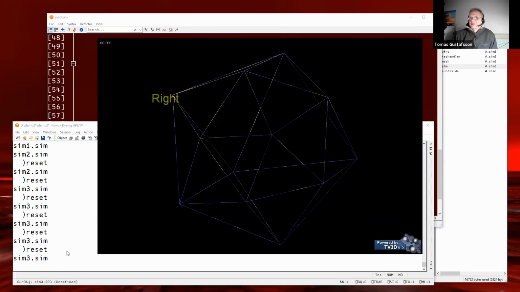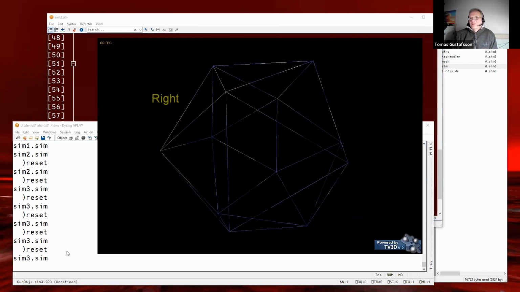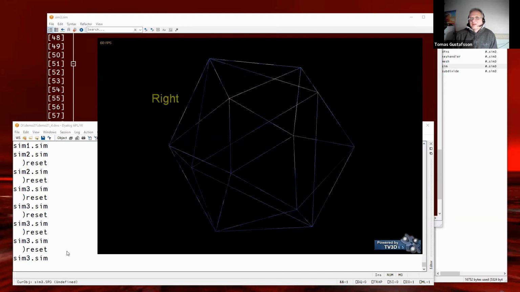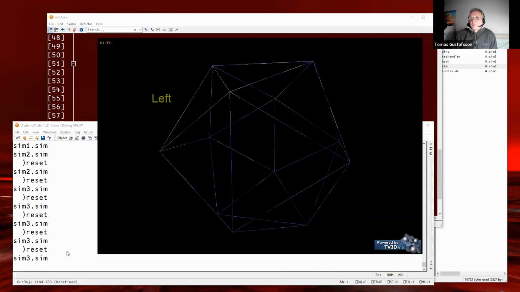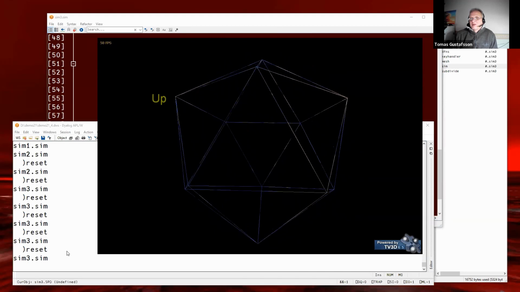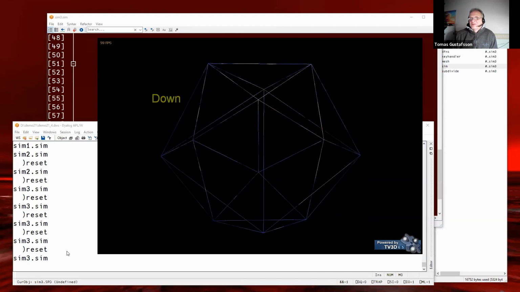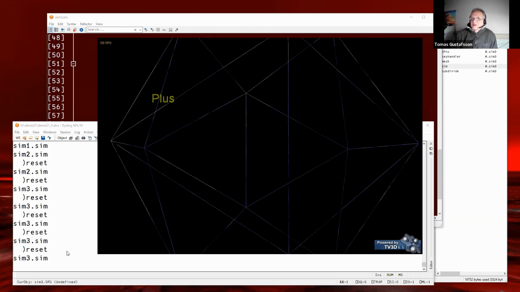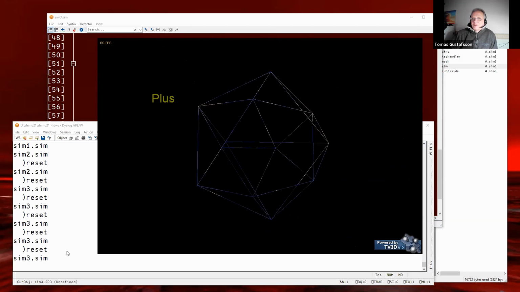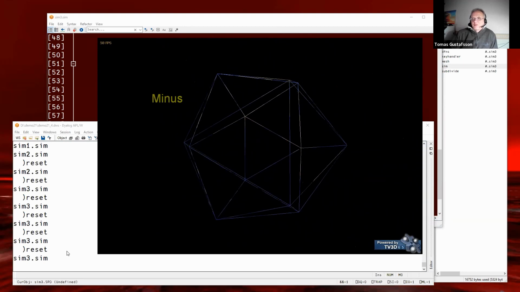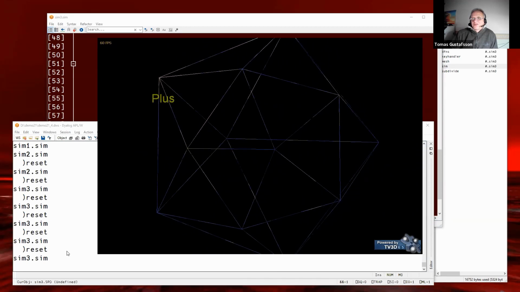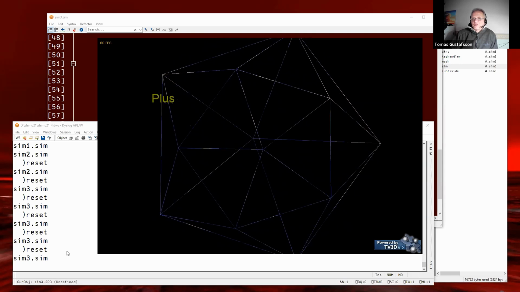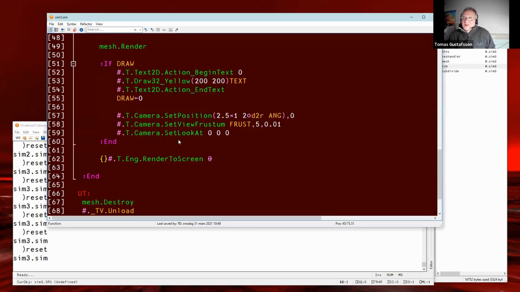So pressing right, it's a bit hard to see which one it rotates. Actually, you don't know what is front and back of it, but anyway, the speed increases. Pressing up, well, that too is a bit hard to experience now, but minus moves the camera closer and plus further away. But you can see that keeping keys down does action while the rendering is not interrupted in any way.